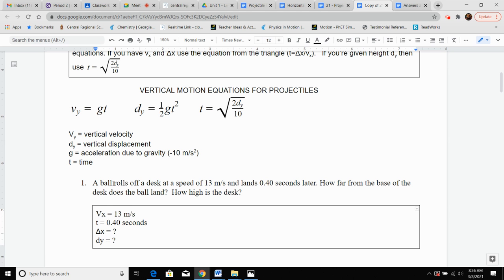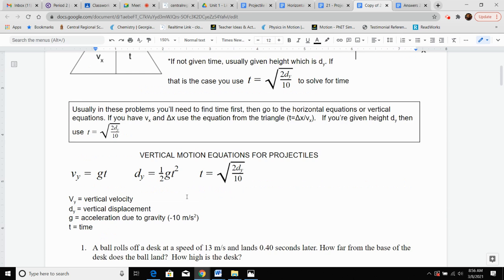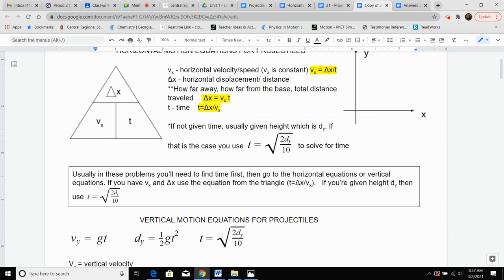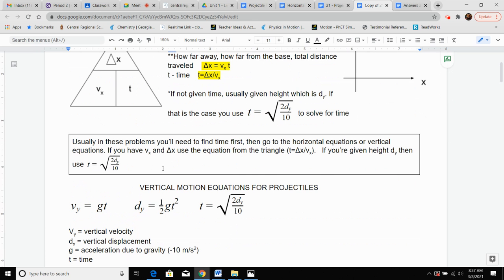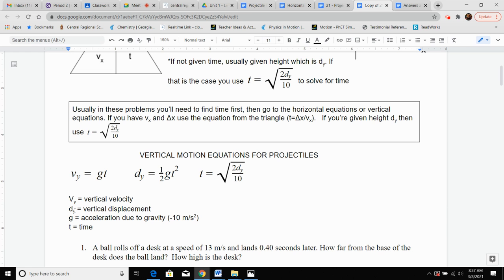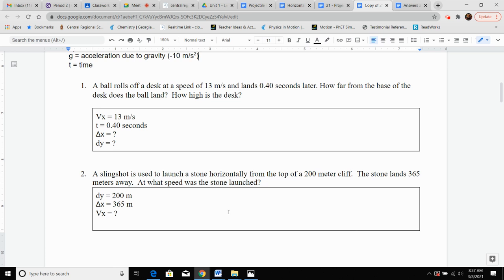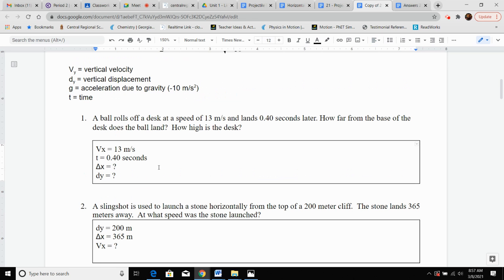Okay, number one. A ball rolls off a desk at a speed of 13 meters per second, and it lands 0.04 seconds later. How far from the base of the desk does it land? How far from the base? Well, that is delta x. And then how high is the desk? Height is basically going to be our vertical displacement slash height, which is dy. Okay, so with all those things being said,